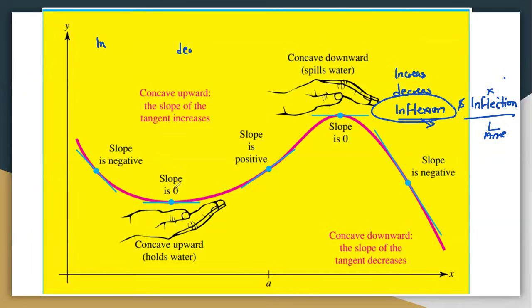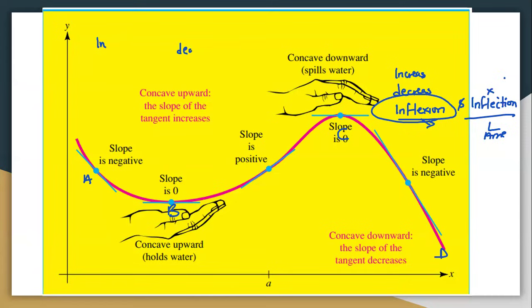Like when you look here, I want you to tell me in the chart, I have this is point A, point B, this is point C, and this is point D. At what point do you notice which point is between increasing and decreasing, or vice versa, such that we identify our point of inflection? Very good. Now that point where you curve either goes up or down is what we call a point of